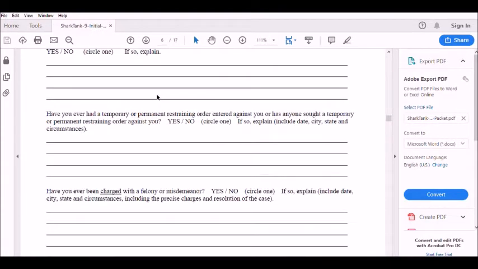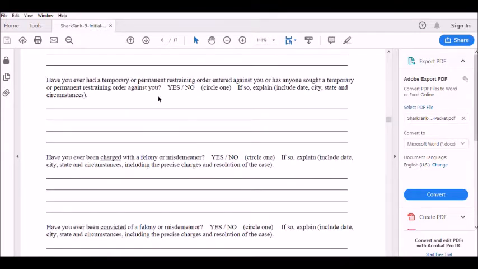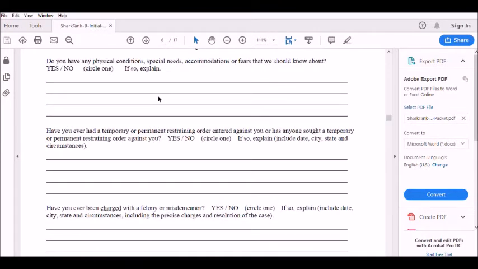These next three questions are important to me. Have you ever had a restraining order against you? What does that have to do with the sharks? What does that have to do with money? It has a lot to do with whether you are a viable person that I would want to invest in. Another one they don't ask, but that is going to come up later, is are you in arrears on child support? In other words, what's this money going to be used for? And how much access are you going to have to it personally? That stuff is going to be used for your personal expenses, not related to the business.